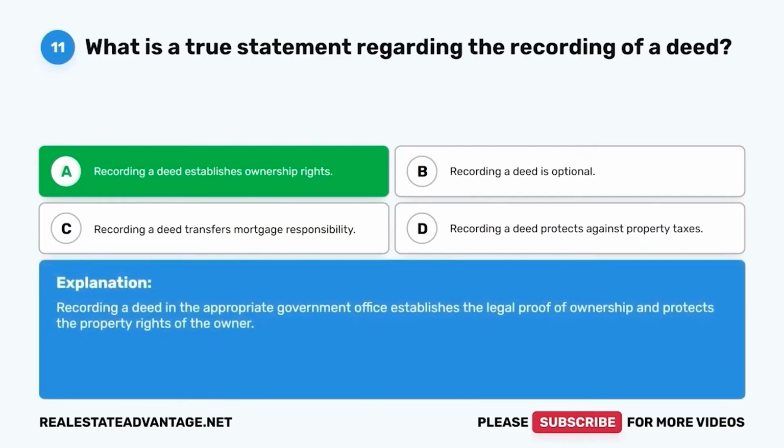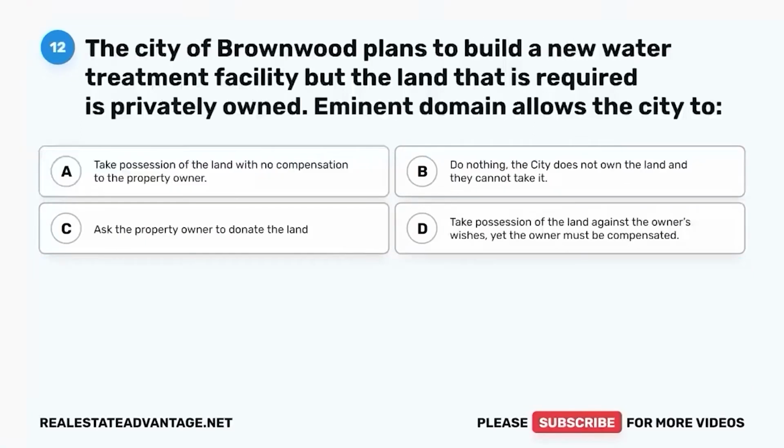Recording a deed in the appropriate government office establishes the legal proof of ownership and protects the property rights of the owner. Question 12. The City of Brownwood plans to build a new water treatment facility, but the land that is required is privately owned. Eminent domain allows the city to